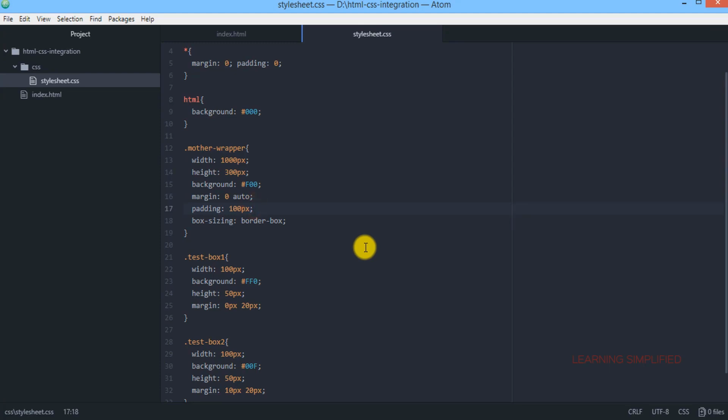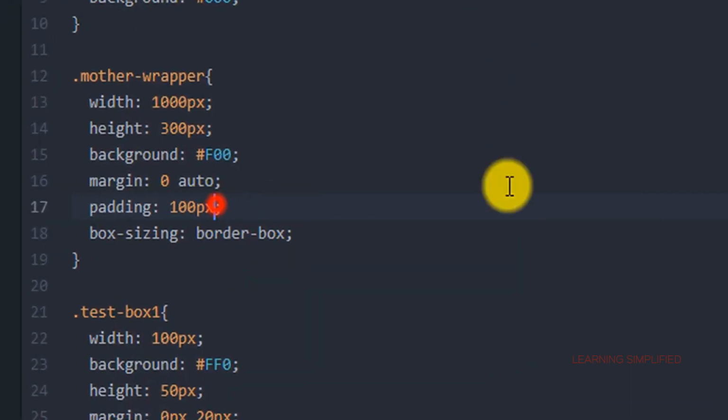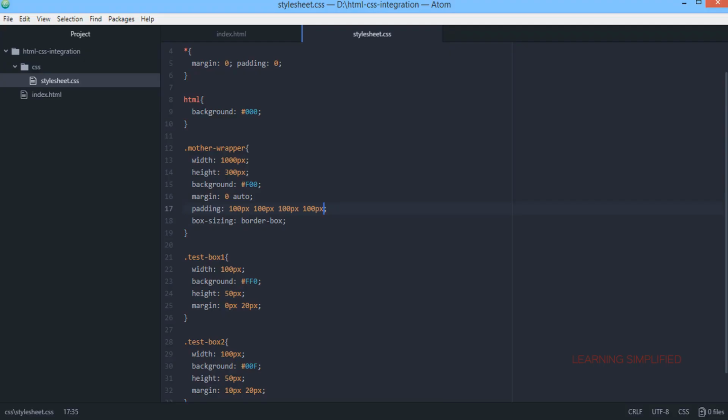Padding actually follows the same rule as has been discussed in case of a margin. That means it will be rotating in a clockwise direction. If we say here, instead of this flat, if we had to present it in this manner, then it is also accepted. There's absolutely no problem with anything. You can see that there's no significant changes being observed, and the recurrent value is the same as it has been discussed in our previous tutorial.